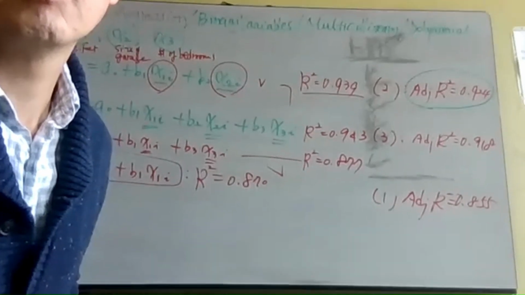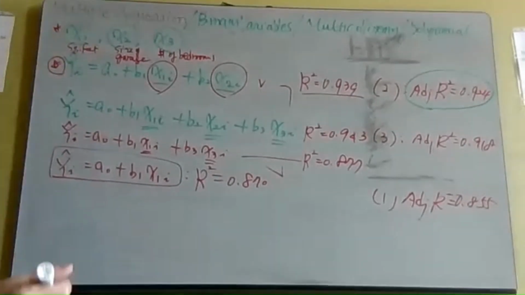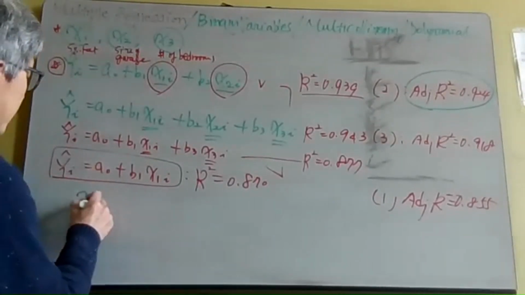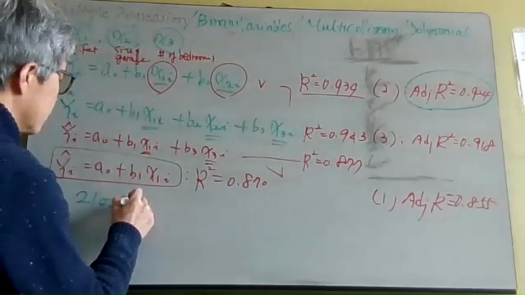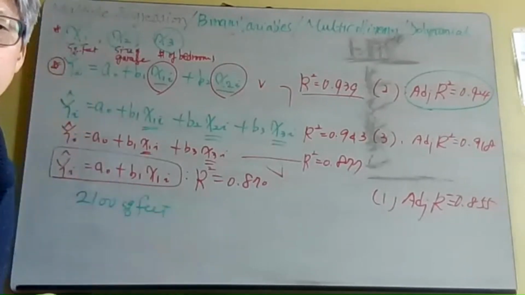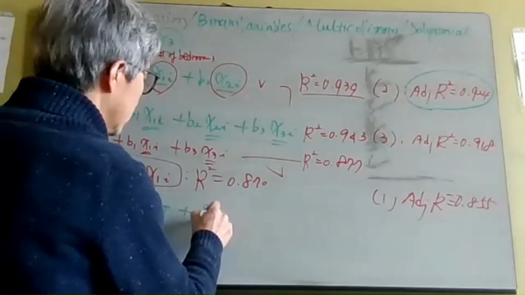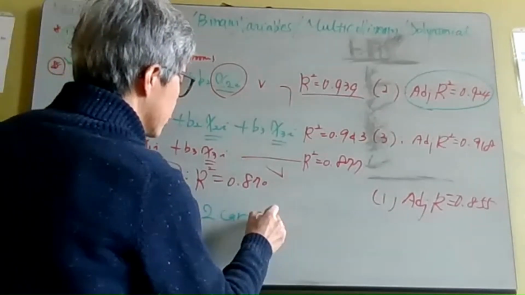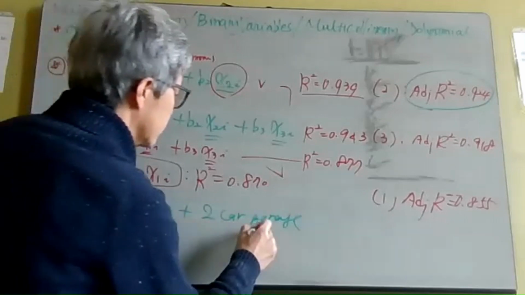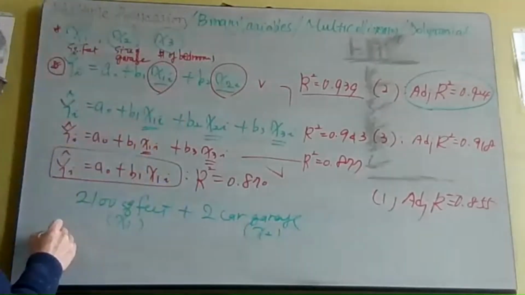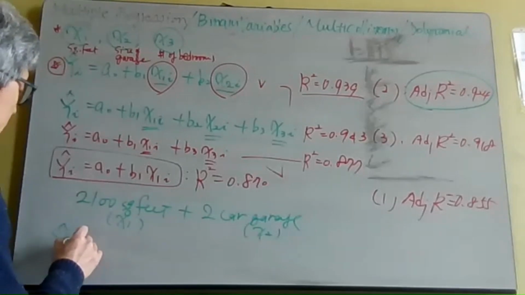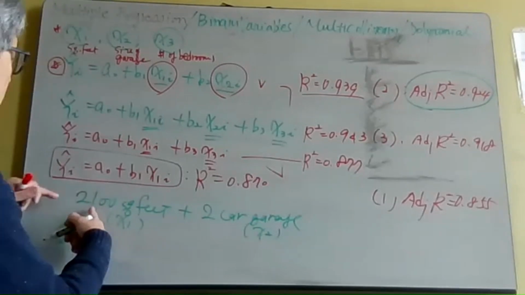for the case of 2001 square feet with a 2-car garage. This is X1 and this is X2. So you want to predict Y, right? Using,